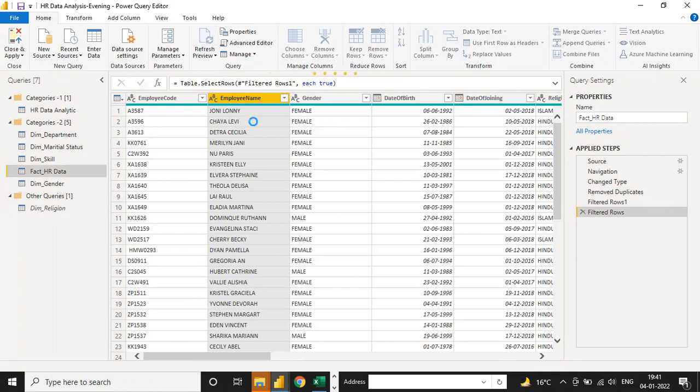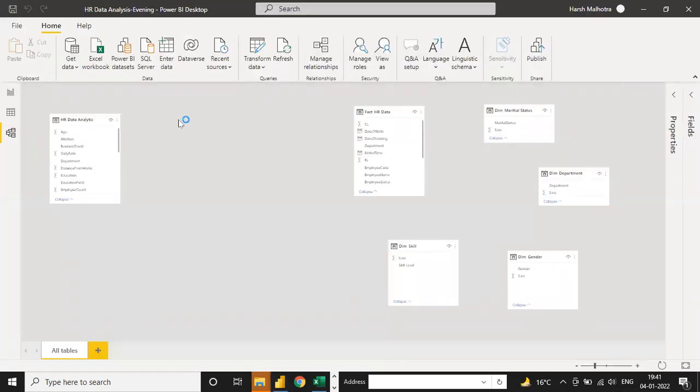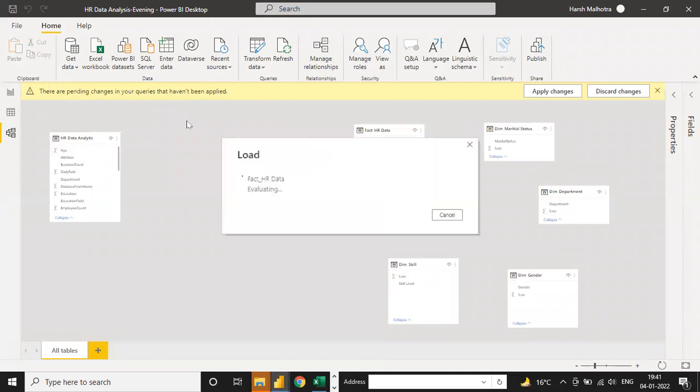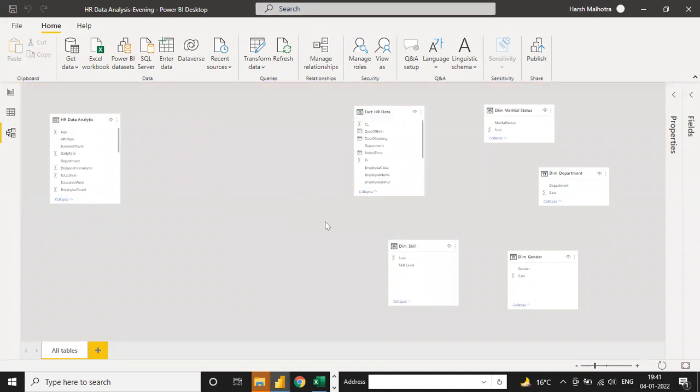After the column, you can refresh and then load the data into Power BI. You can see now it's loading.